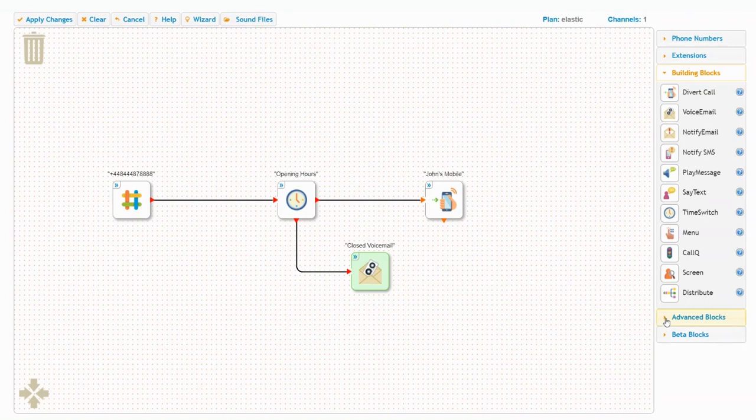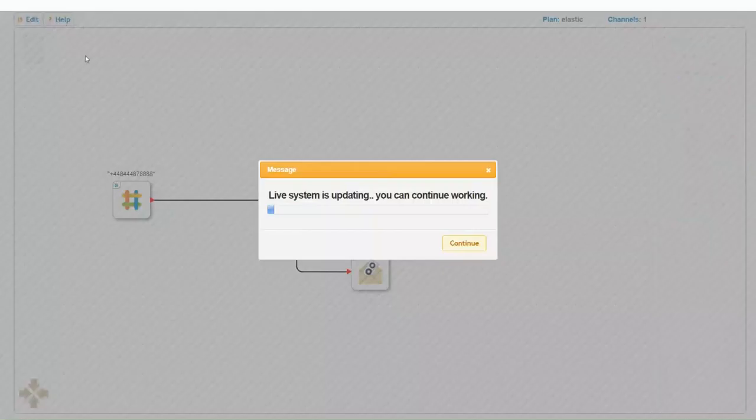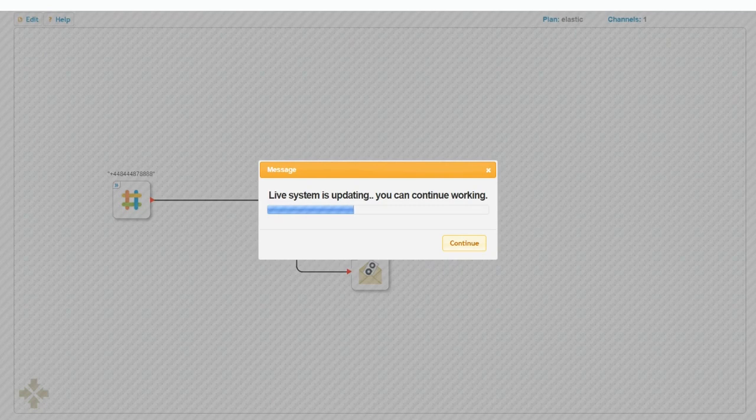Once you have your basic setup, feel free to play around with some of our other blocks. You can add a phone menu, play custom messages or track your call analytics. Just make sure to click Apply Changes when you are finished editing your